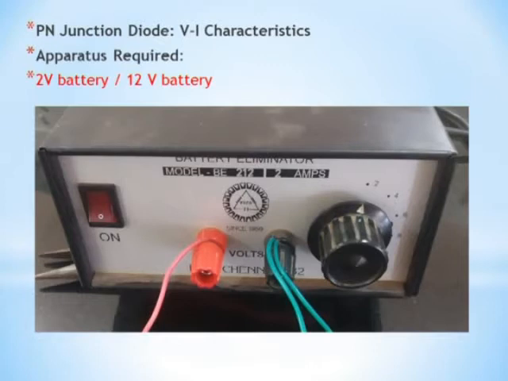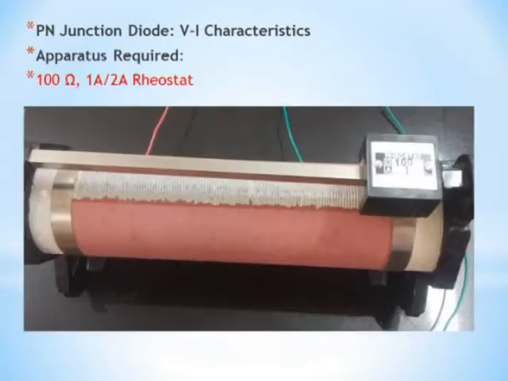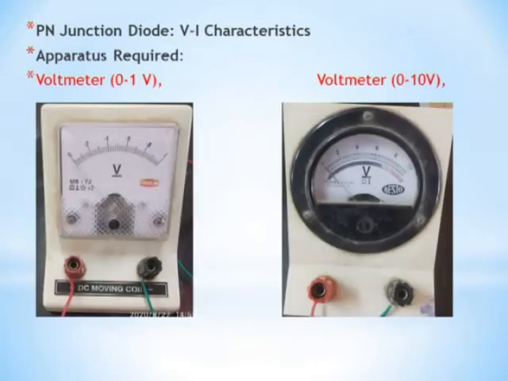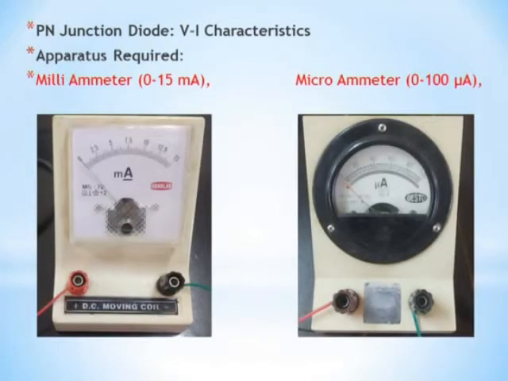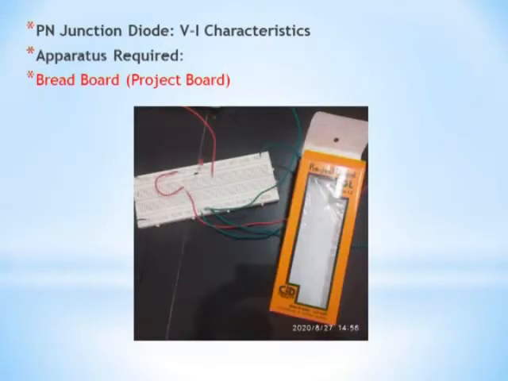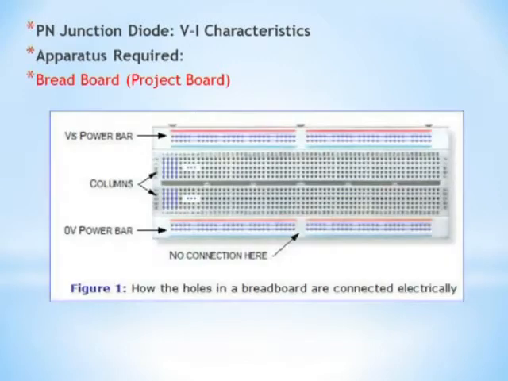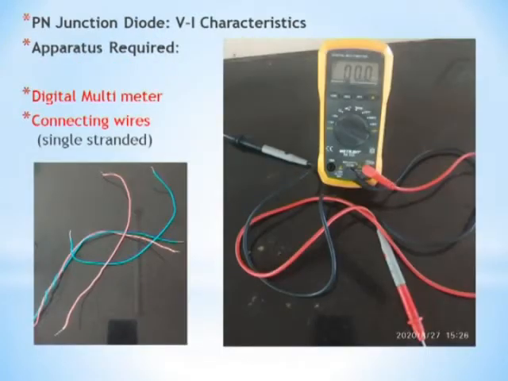volt, a rheostat of 100 ohm resistance with current carrying capacity 1 ampere or 2 ampere, one 1 volt voltmeter and 10 volt voltmeter, 1 milliampere and 1 microampere ammeters, one breadboard or project board. The internal structure or the circuitry is shown here, because from breadboard to breadboard there may be slight variations. One digital multimeter and single stranded connecting wires,